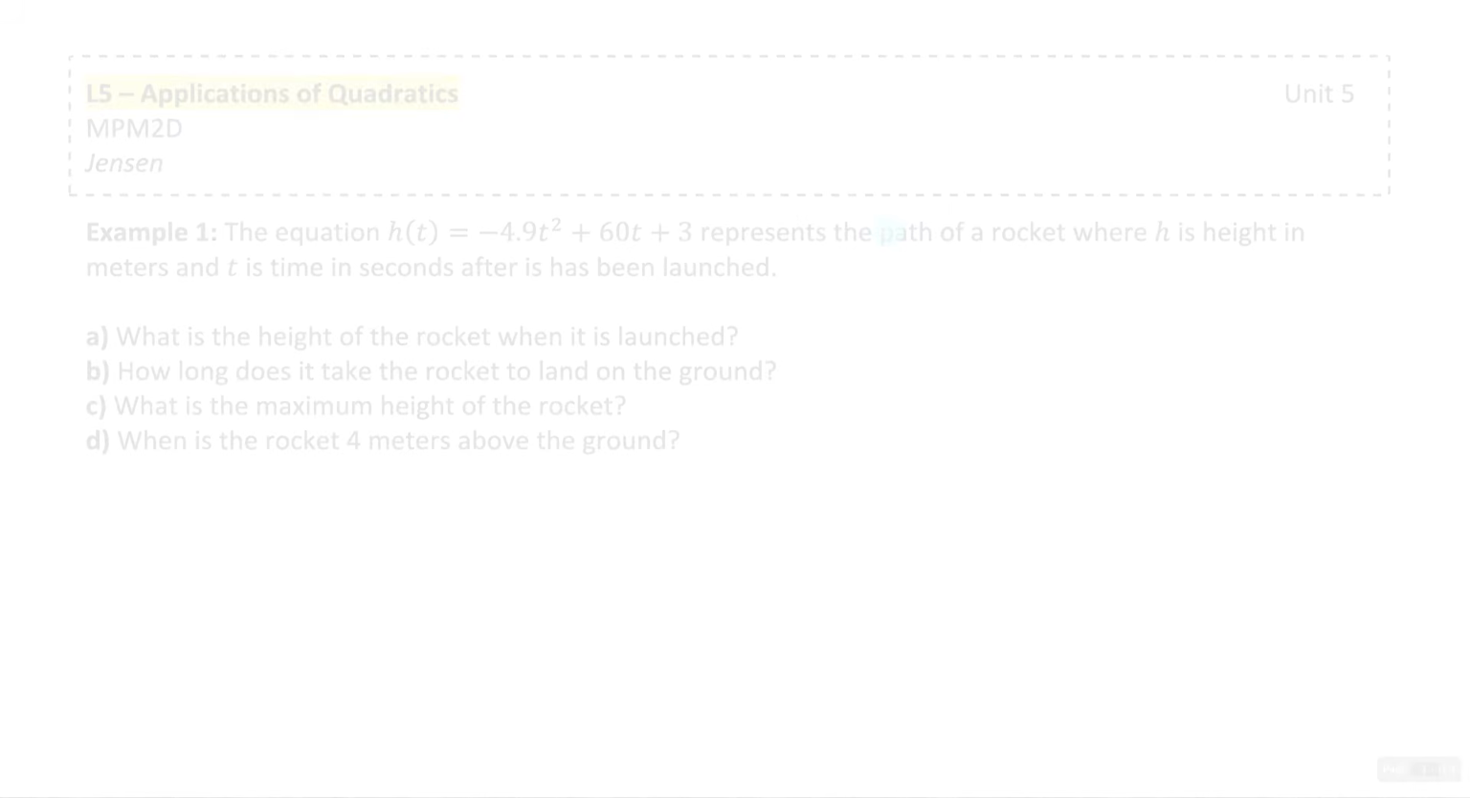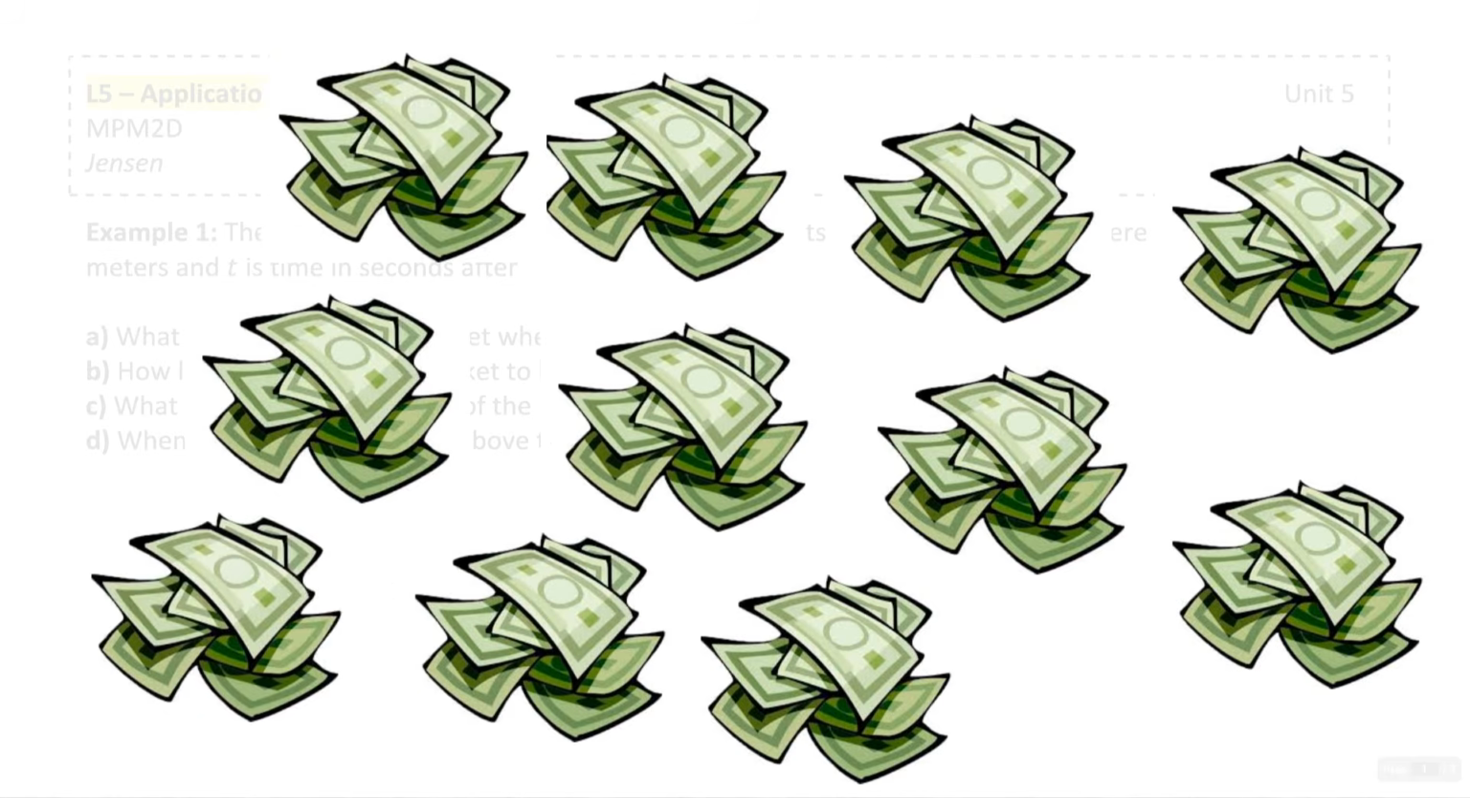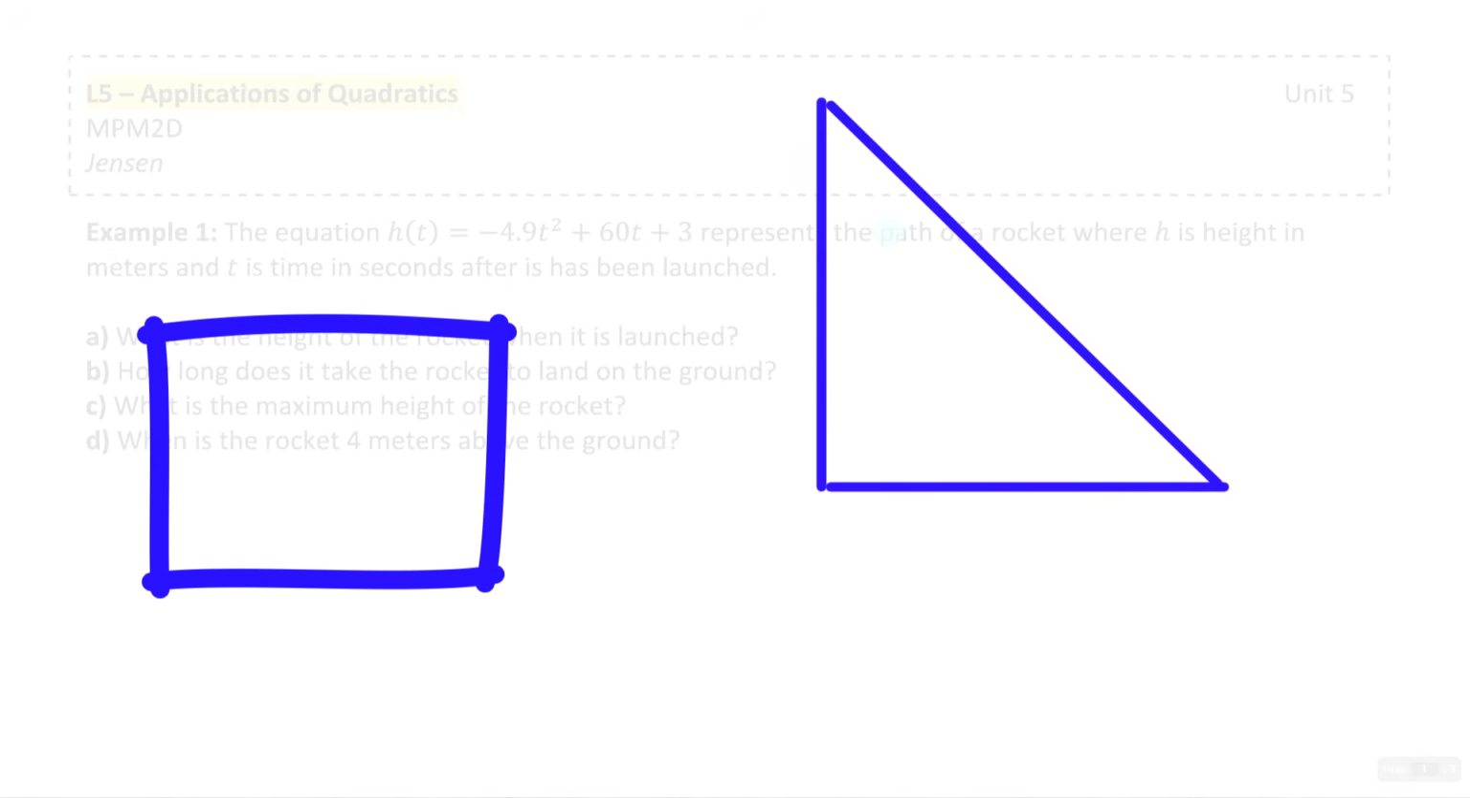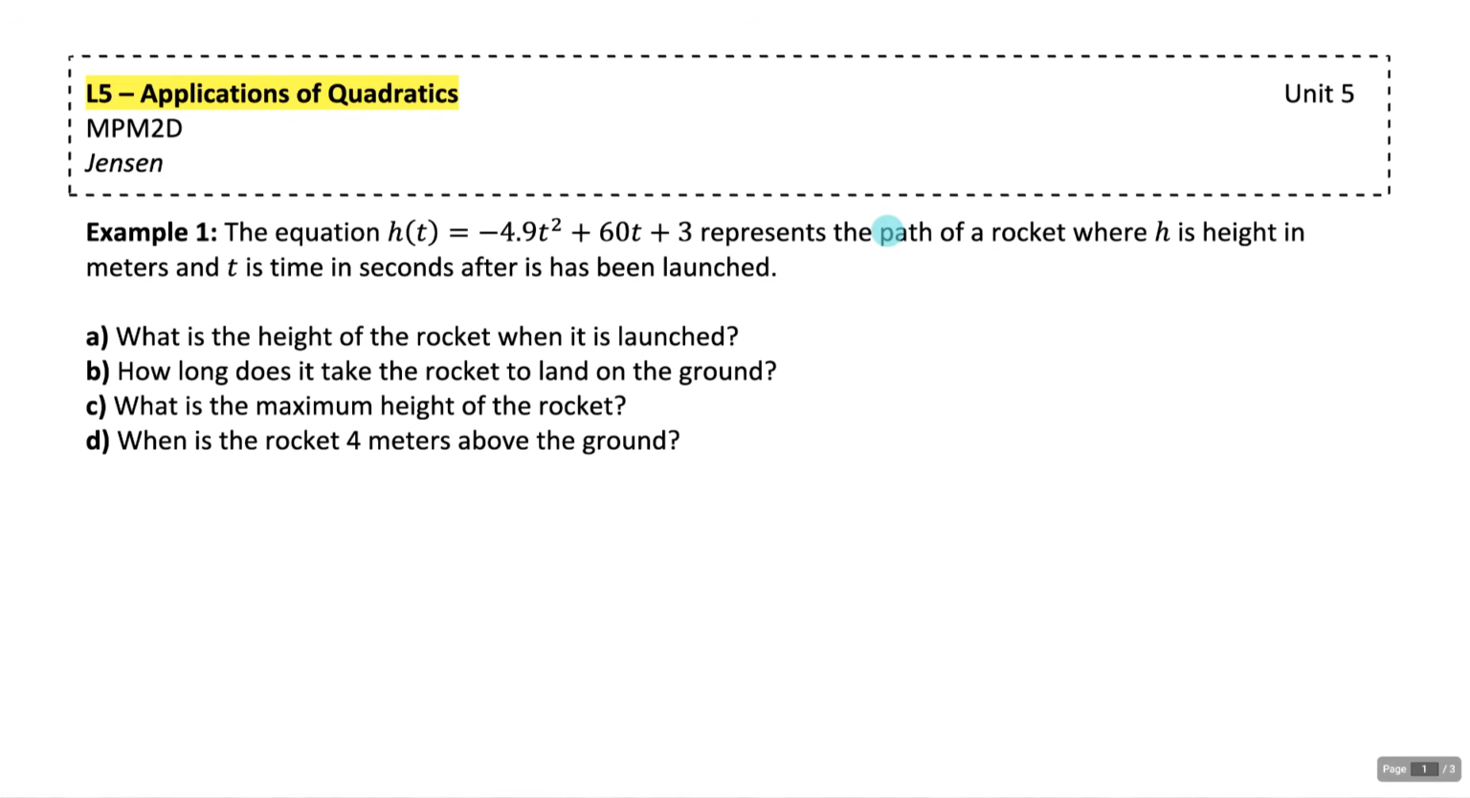And in this lesson, we're going to look specifically at projectile motion, maximizing profits, and different geometric relationships that are quadratic. So let's jump right into example 1. Example 1 says the equation h at t equals negative 4.9 t squared plus 60t plus 3 represents the path of a rocket where h is the height in meters and t is the time in seconds after it has been launched. Before I look at the 4 parts of this question, I'm just going to make a rough sketch